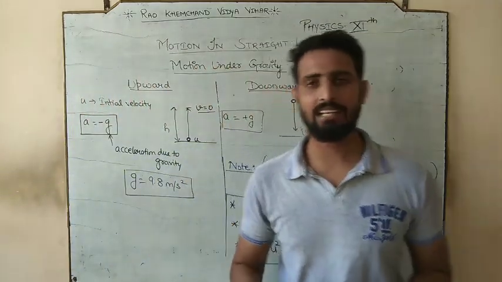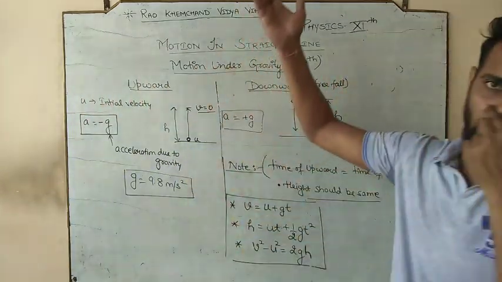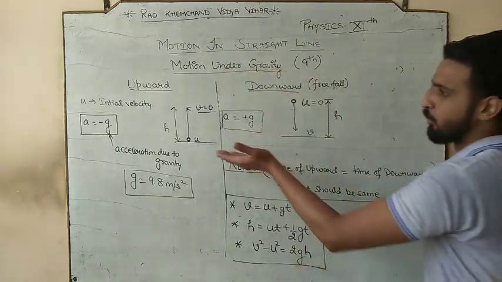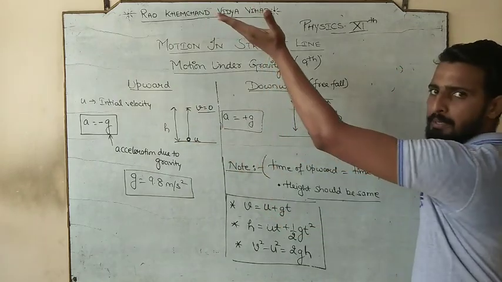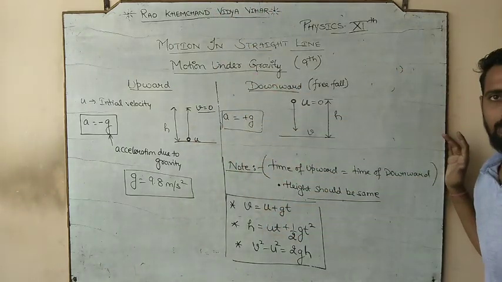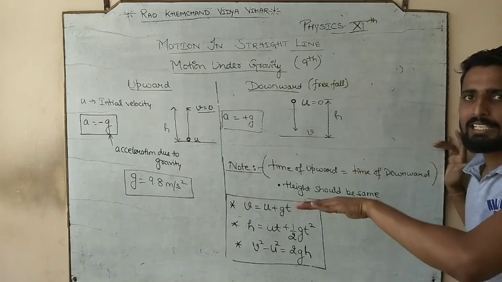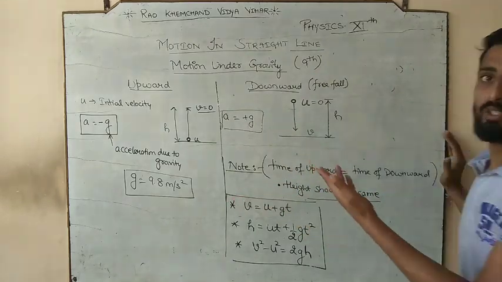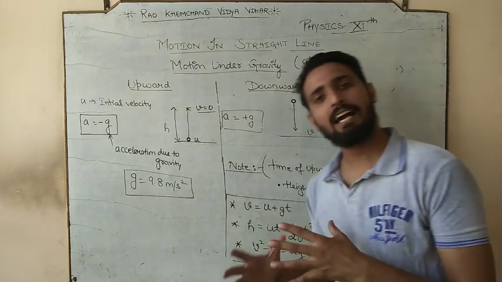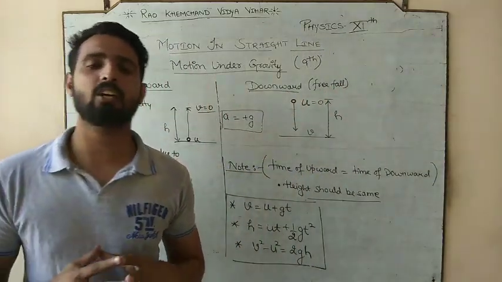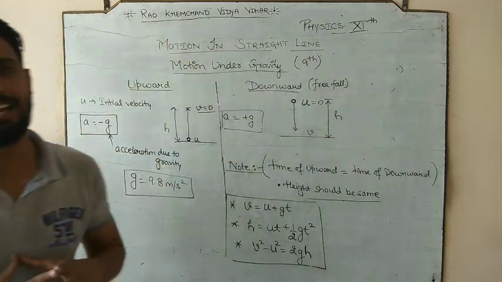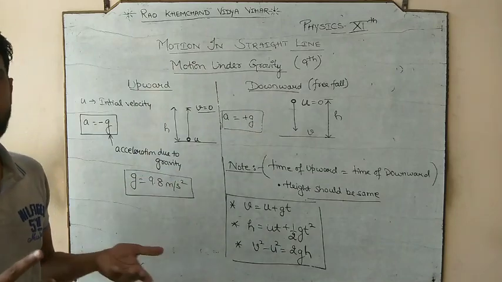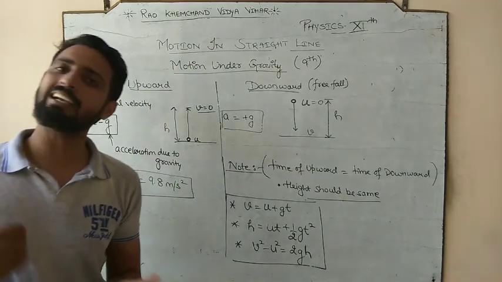But we all know that when we study this vertical motion, what is specific about that? Motion under gravity, the motion is either vertically upward or vertically downward. Means in which axis are we dealing with the motion now? Now we are dealing on the y-axis. But check this out. In this motion, we are again dealing with only one particular axis, y-axis. And when we are dealing with only one particular axis, y, again it is motion in one dimension.